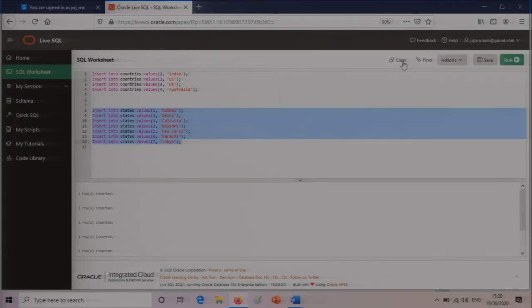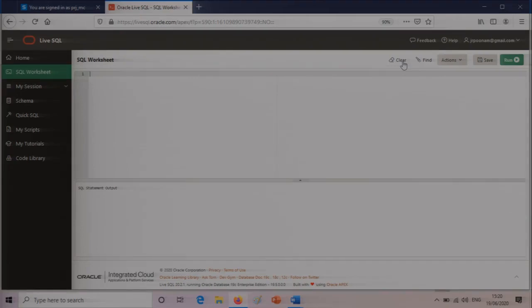Now if you want, you can check whether it has been properly inserted by writing a simple select statement, saying select star from the first table, named countries, and I will say run. It says no data found. Okay, what was the name given?